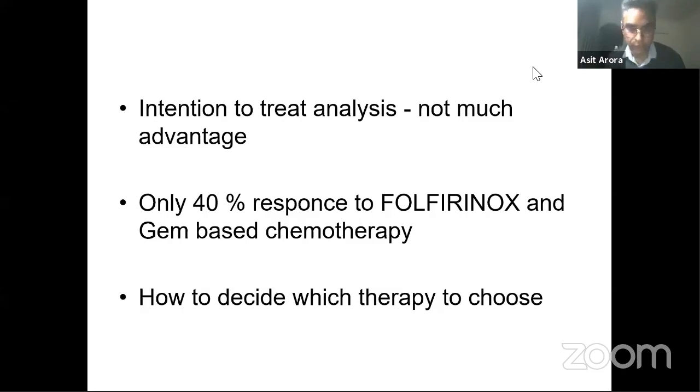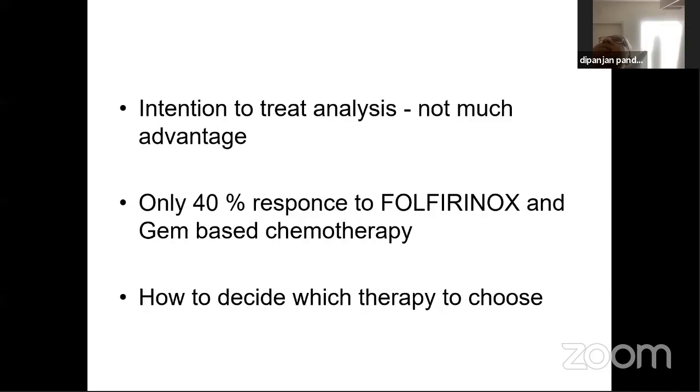So is it safe for you to say that the FOLFIRINOX regimen is the regimen of choice, and this should be preferred for all the cases of neoadjuvant chemotherapy in CA pancreas? Can you put this forward to all the residents so that it's clear to them? So I would put it in this way: unless otherwise contraindicated, modified FOLFIRINOX as a neoadjuvant chemotherapy is a better choice as far as resection rate and progression-free survival,